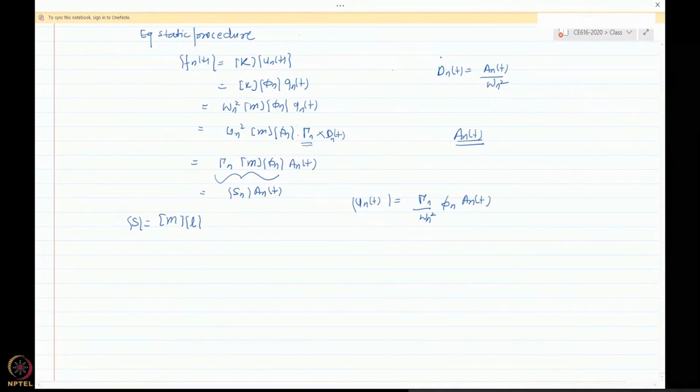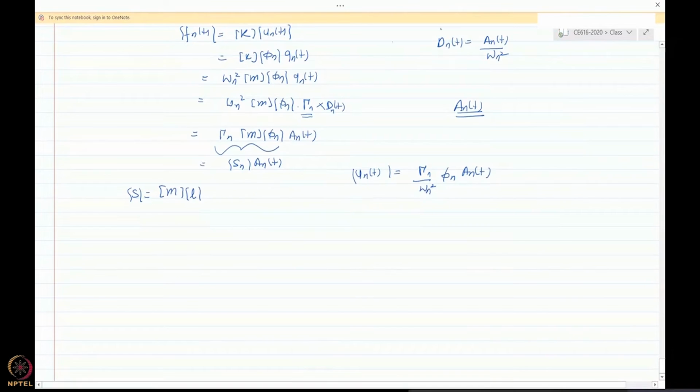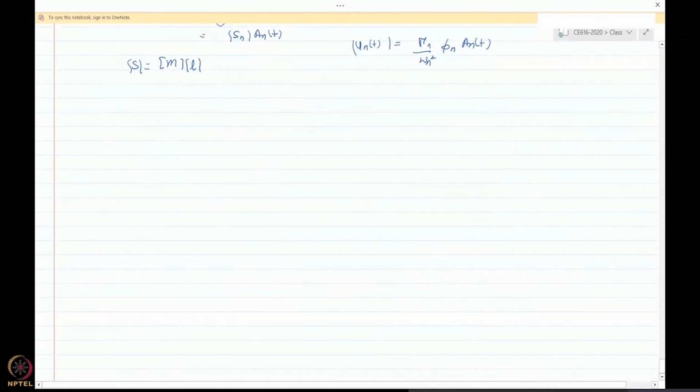So what we are going to do today is an example, and see how we actually solve this system and find out the displacement response as well as the internal forces. And we'll also see the response spectrum analysis. As we already discussed, let me just again summarize that as well. So in response spectrum analysis,